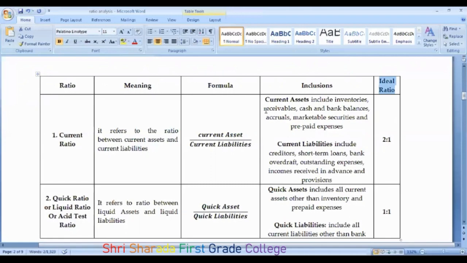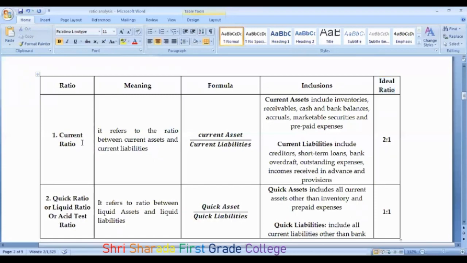Okay, what is ideal ratio? Ideal ratio just identifies how well the firm is performing with its current assets or with its current liability, which will be analyzed with the help of the ideal ratio. And it also shows the outline indication. So it is just showing the outline indication of the financial soundness of the business concern.